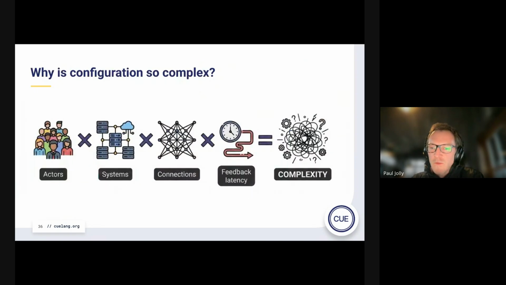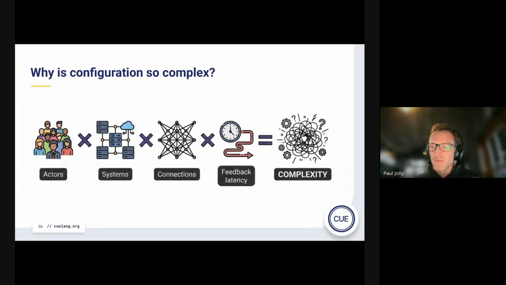As I said, in the talk we did explore why configuration is so complex and the things that feed into that. At times we tend to perhaps overly focus on the technicalities of the language, but this was a good opportunity for us to step back and communicate how and where complexity actually comes from.